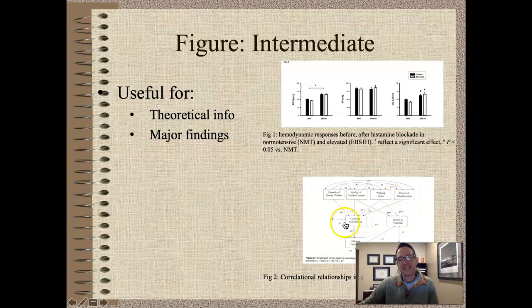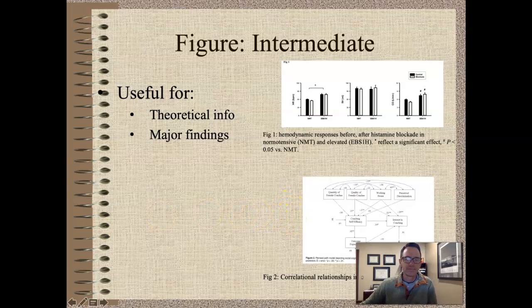In this case, it looks like it was basically correlations or predictive models, but the point is not to get lost in the stats. The point is to see that they're trying to compare people based on categories